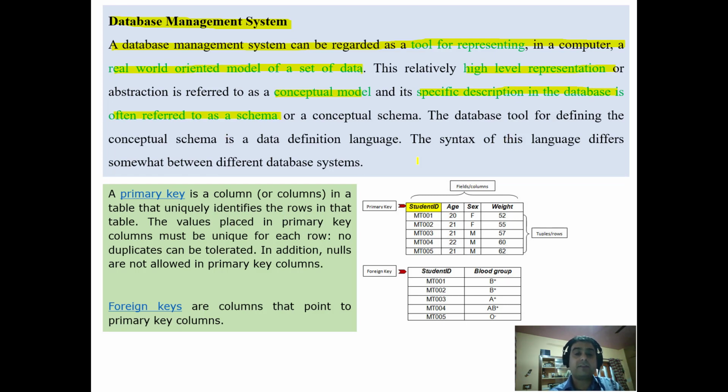The database tool for defining the conceptual schema is the data definition language, and the syntax of this language differs somewhat between the different database management systems. Now to understand this, we have a student ID,